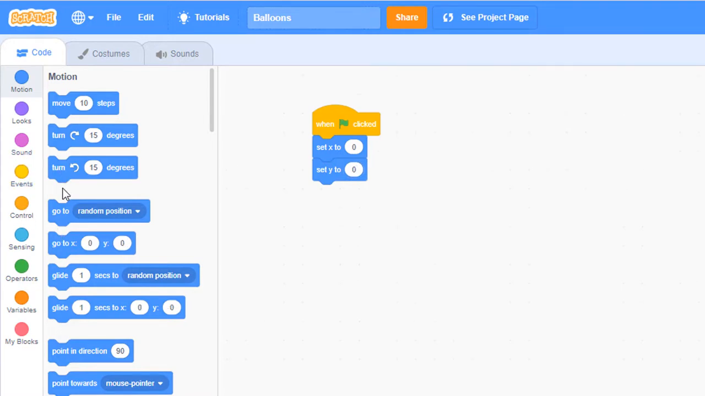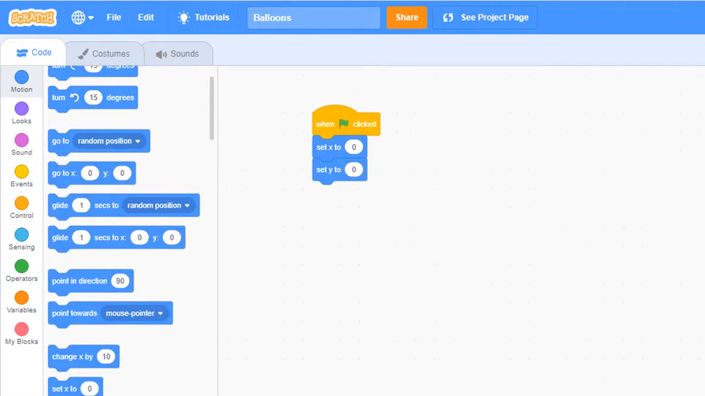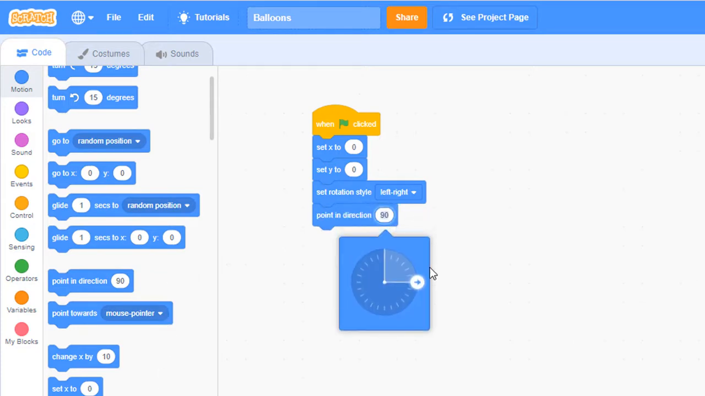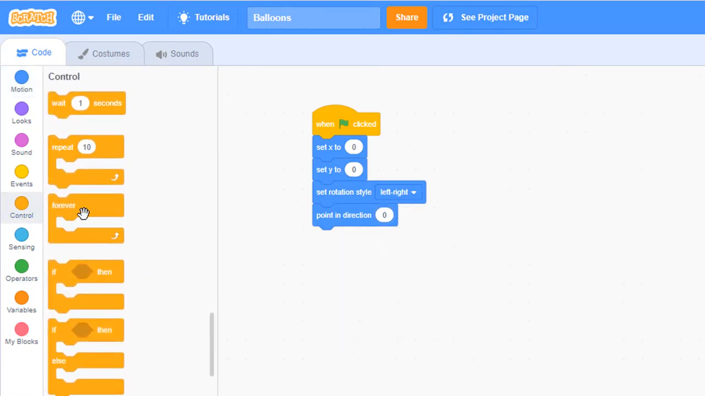I also want to change the rotation style to left and right, and I want to point in direction 0. Now again, 0 direction is up. Next I'm going to add a forever loop,